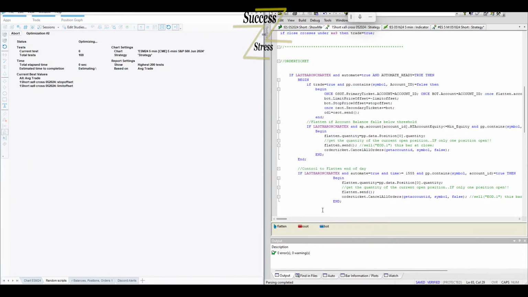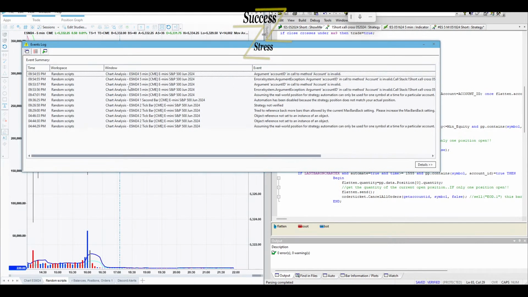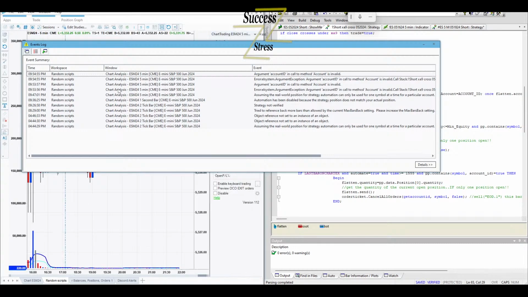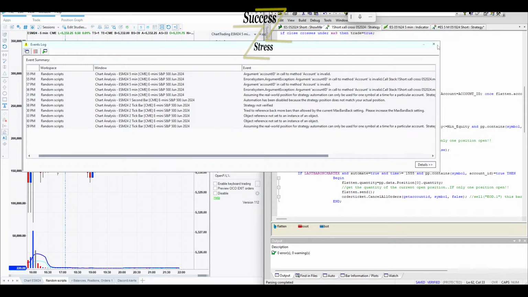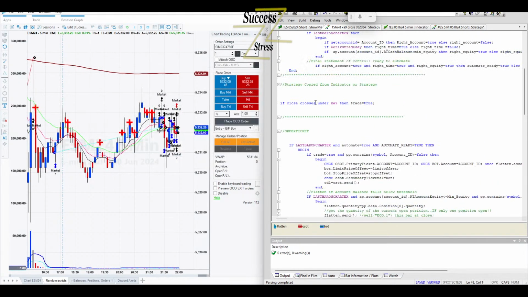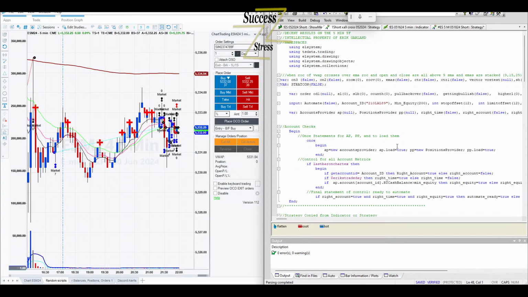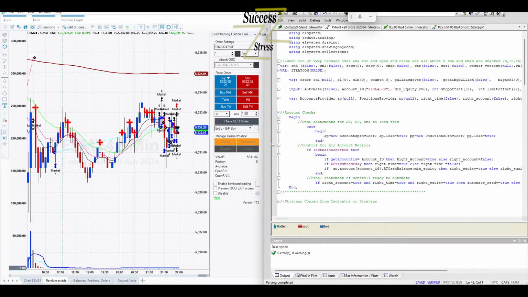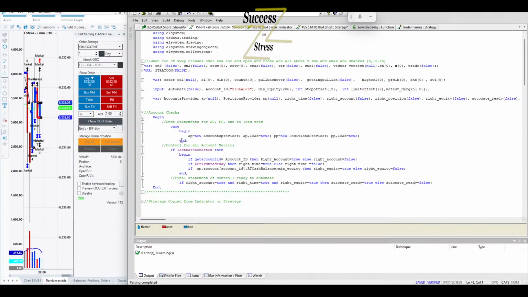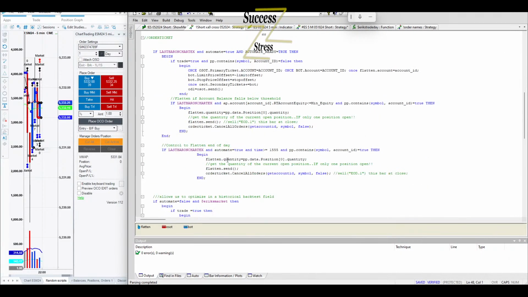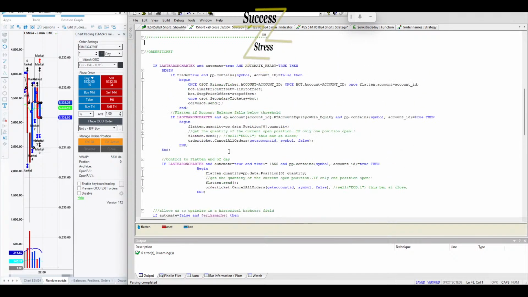Shouldn't have a problem with this. Huh. It does. That account is invalid? What you talking about? Because if we're having problems here, I need to change my entire template.